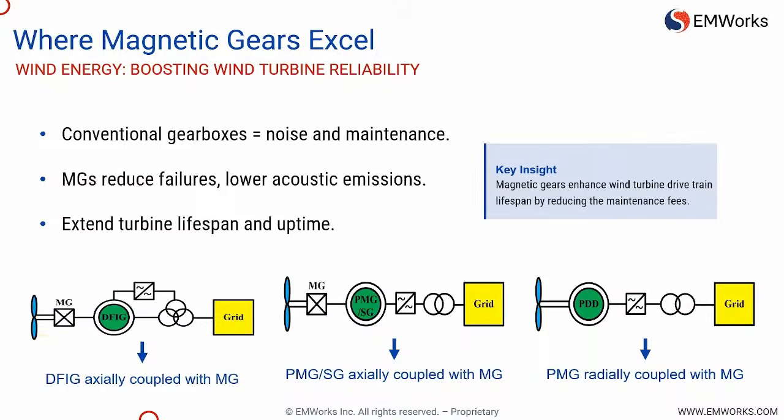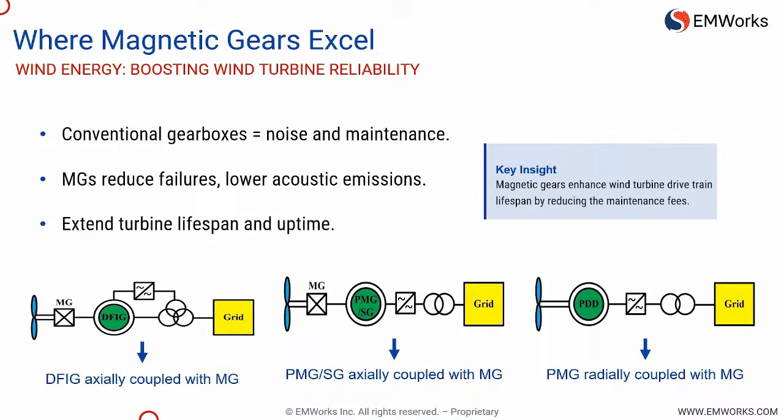By replacing the conventional gearbox with a magnetic gear or integrating it directly with the generator, we can extend the turbine's life and ensure more consistent energy output over time. In this slide, you can see several integration concepts. On the left hand, the DFIG axially coupled with the magnetic gear shows how magnetic gears can interface directly with double-fed induction generators. In the middle, a permanent magnet generator or synchronous generator coupled with a magnetic gear achieves higher efficiency and